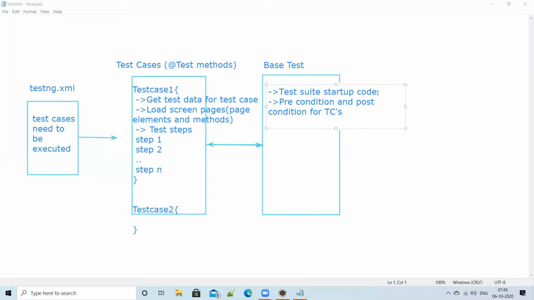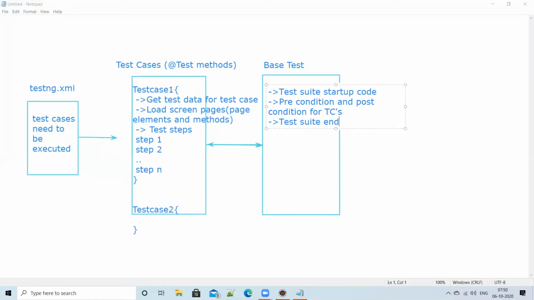Finally, you have test closure, you know, test suite end. In other words, test suite end.